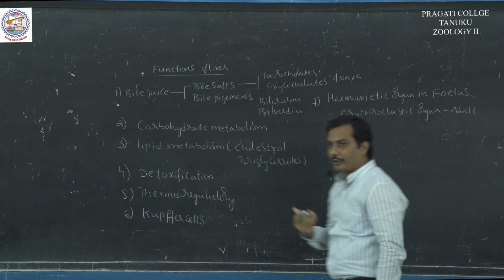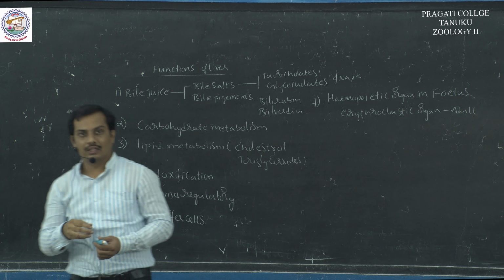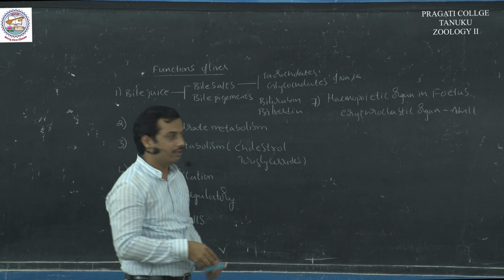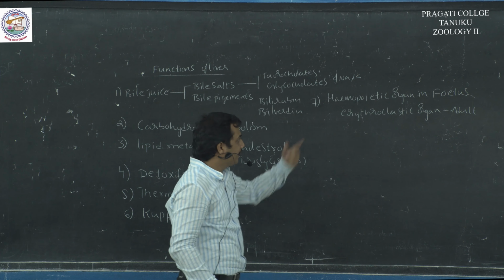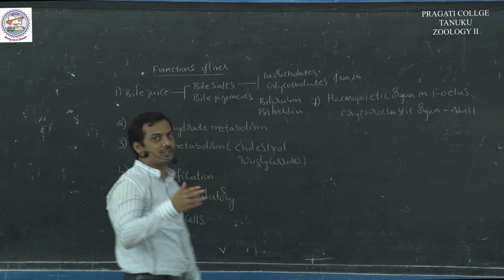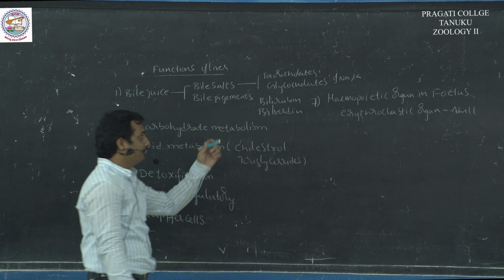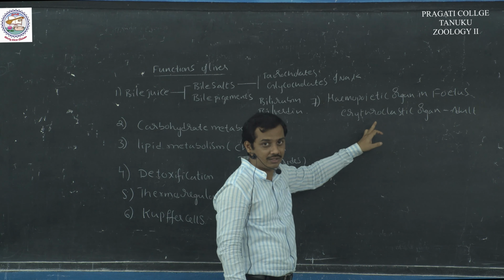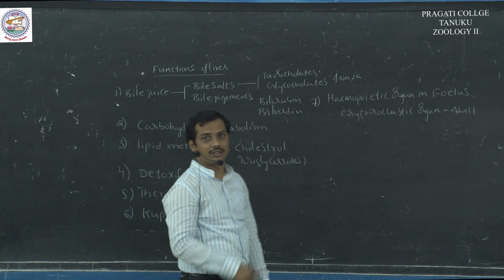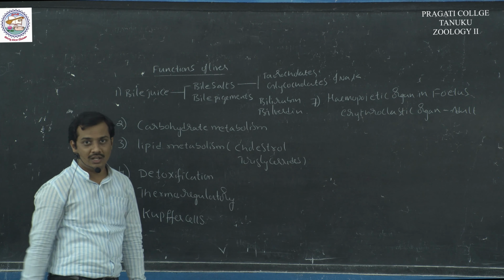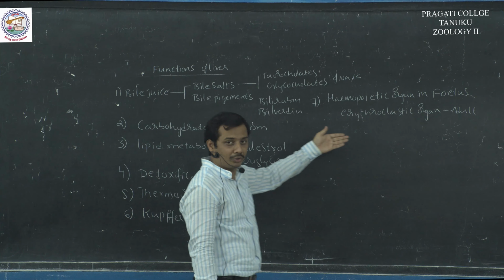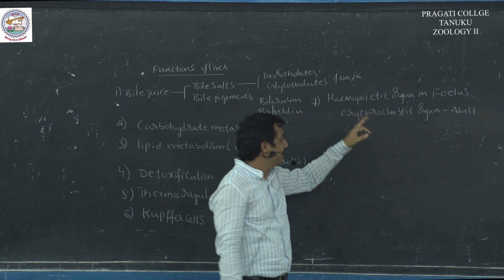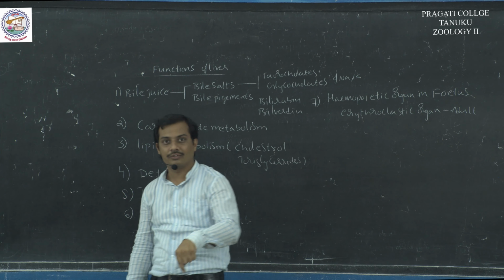What is a hemopoietic organ? The organ which is involved in the production of blood cells. So, in the fetal stage, the liver helps in the production of blood. The same liver will act as an erythroclastic organ, and the destruction of old RBC takes place in the liver in adults. So, the RBC are produced during the fetal stage, and the same liver is involved in the destruction of RBC.